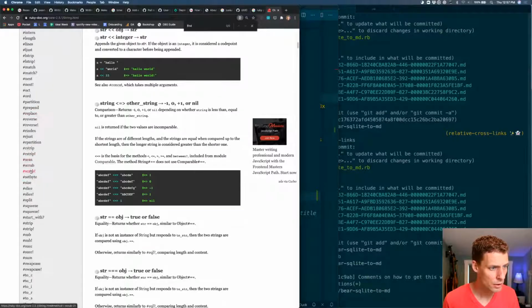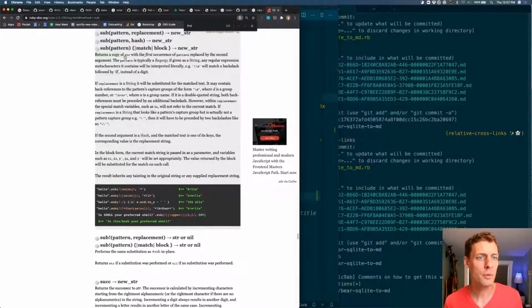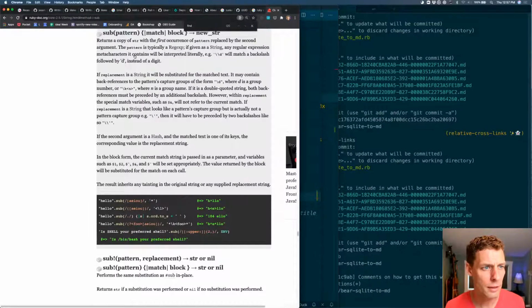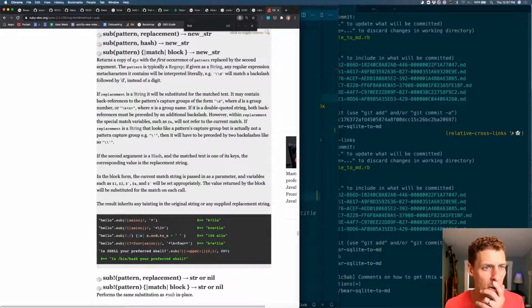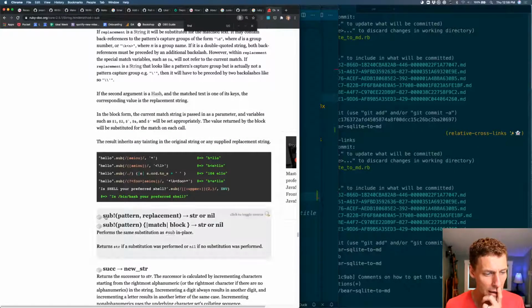Substring would be the way to do this. Sub pattern replacement. There we go. Returns a copy of str with the first occurrence of pattern replaced by the second argument. So we can do this as a sub bang, and it'll do it in place if we choose to modify the data on the fly. So there's an example of our